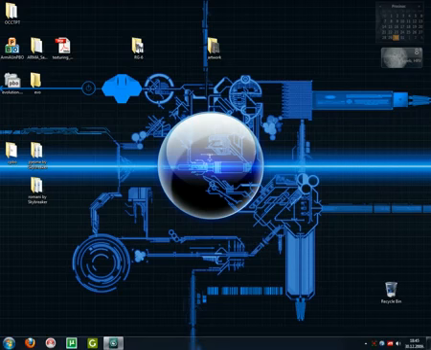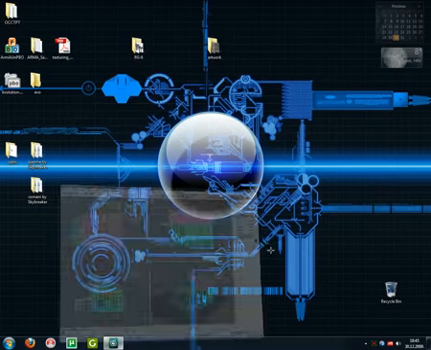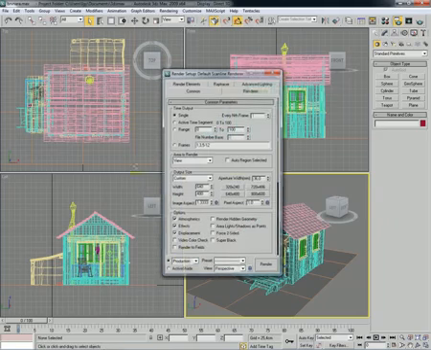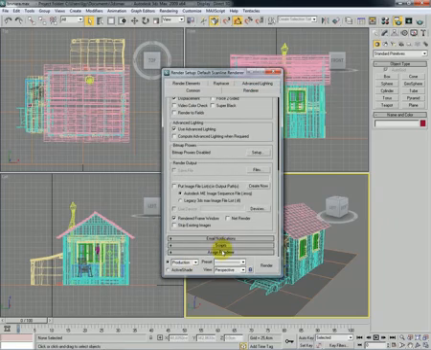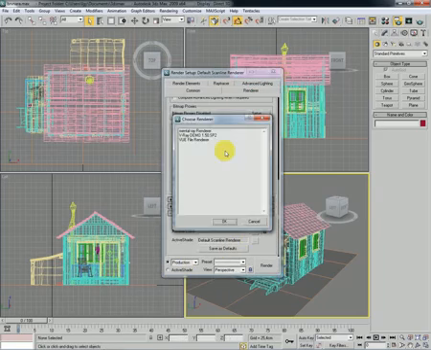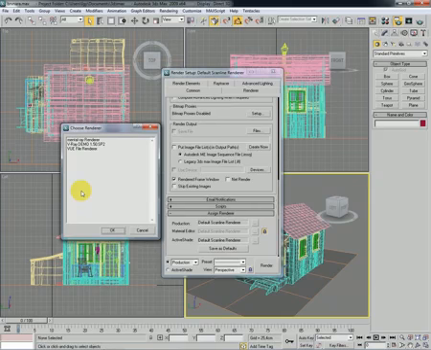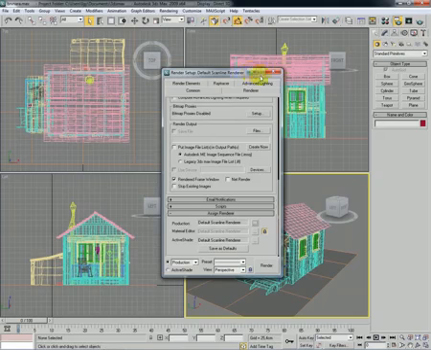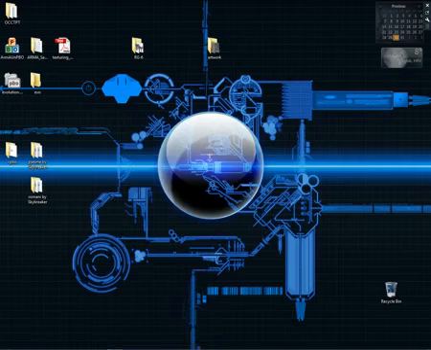Many people told me that once they open up their 3ds Max and they go to render setup, they don't have V-Ray as a renderer here. It's because V-Ray doesn't come with 3ds Max. It is a separate plugin. Okay, so you're going to need V-Ray. You're going to need one or more